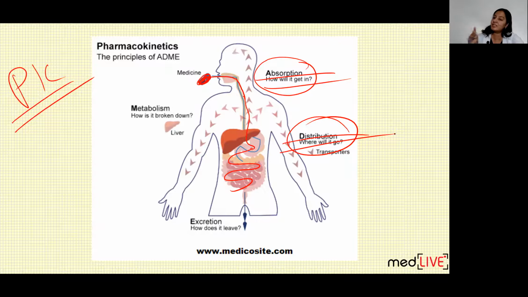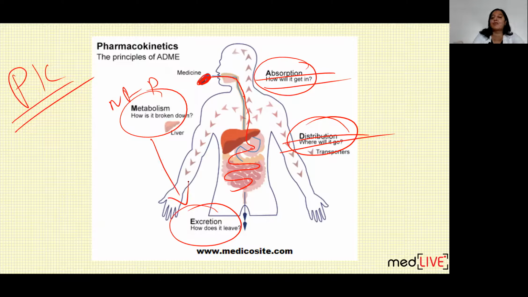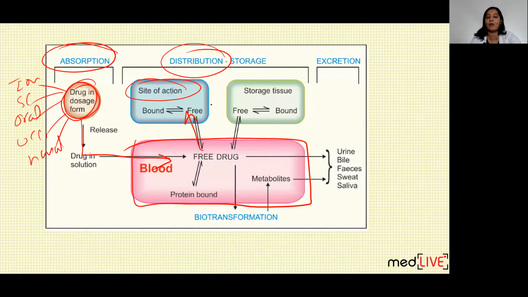Now, the drug has shown its mechanism. Whatever the drug has to do with the body, the drug has done. Now the drug has to be excreted out of the body. That will be the last portion. But before excretion, the drug has to be converted from non-polar form to polar form so it can be easily excreted out of the body. So the third part of pharmacokinetics is metabolism, also known as biotransformation, in which non-polar drug gets converted into polar drug. And finally, the drug will leave the body. That is excretion. So these are the 4 parts.